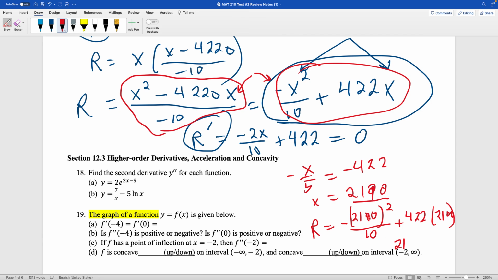So little details, but important. Good. So we plug that in, and let's see what that's going to give us. 2100 squared. And then we divide that by 10, and that's negative. And then we add 422 times 2110. I come up with